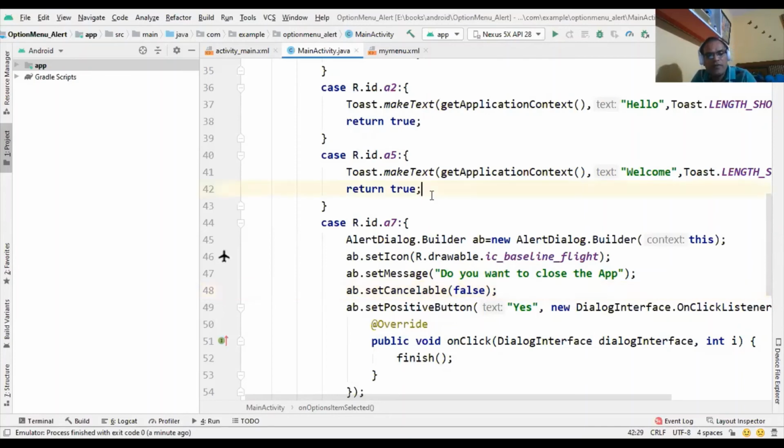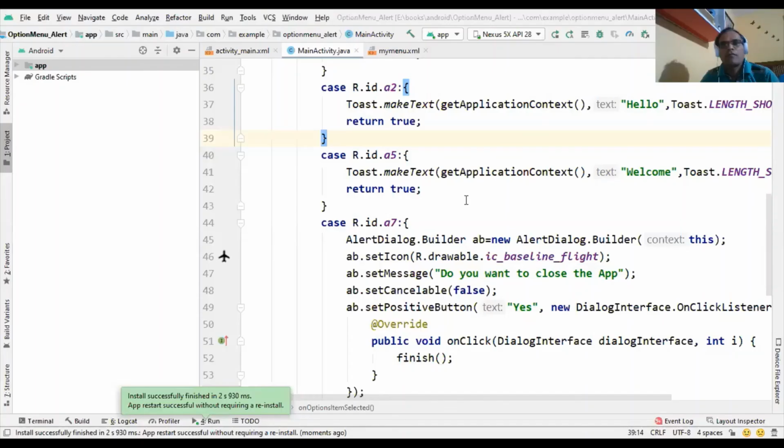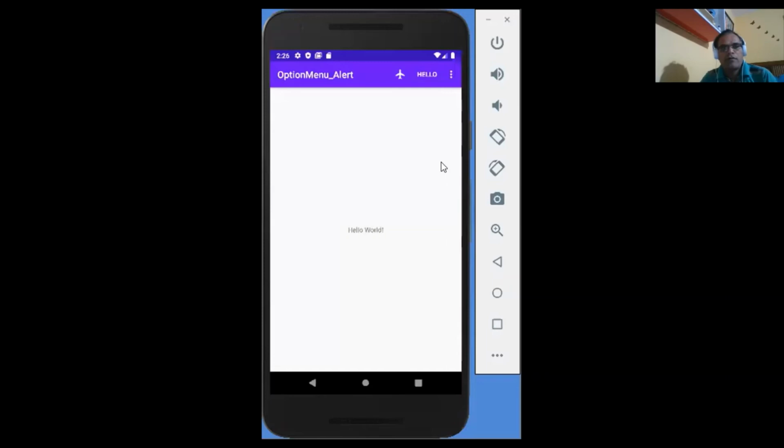So now you can see. Again we execute this program. Let's see the output of this application. Here, if we click on the icon, you can see the message.